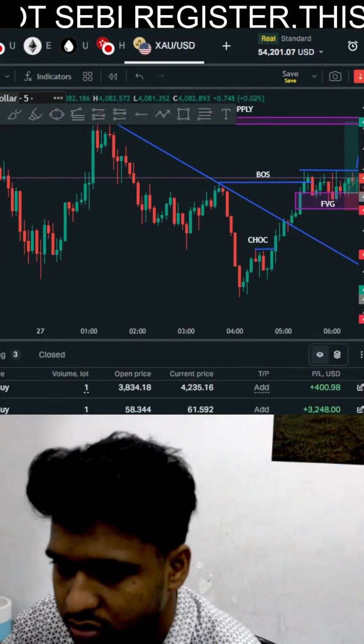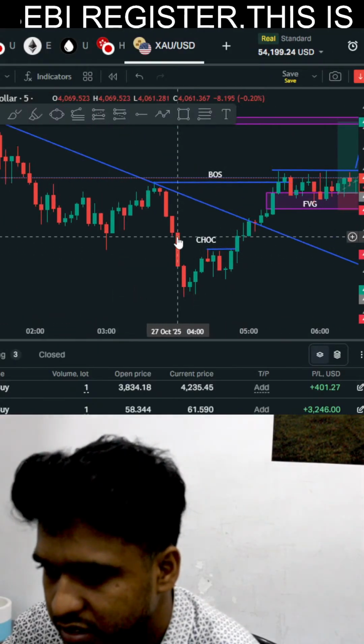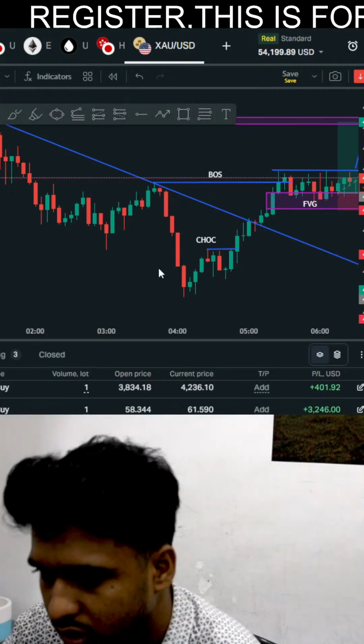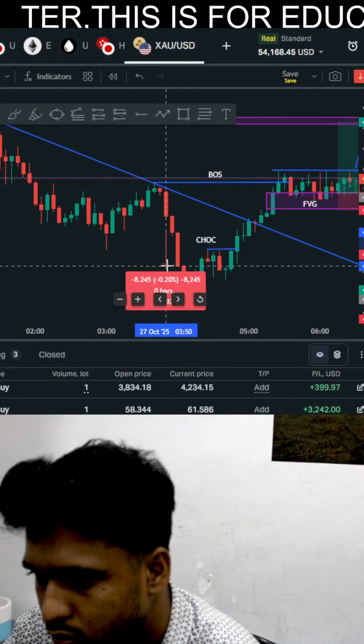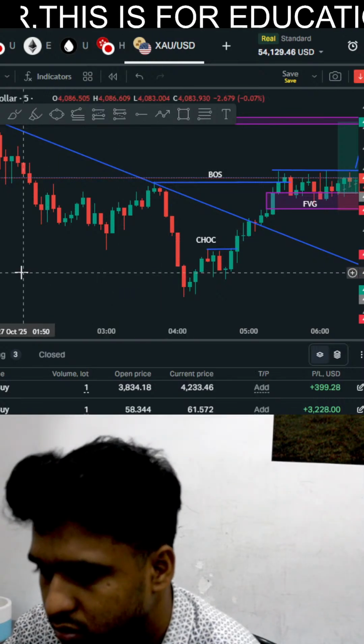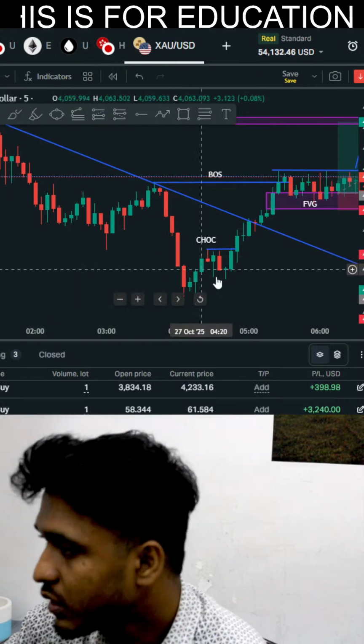Let's check it out. Might see this small candle, 5 minute, but let me calculate and show you. So it's 80 pips. Okay, so that way